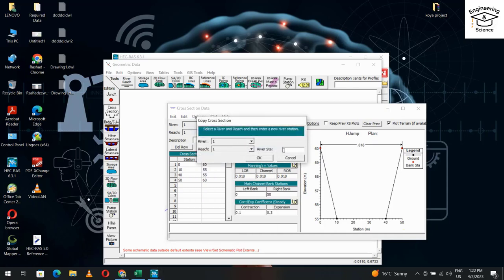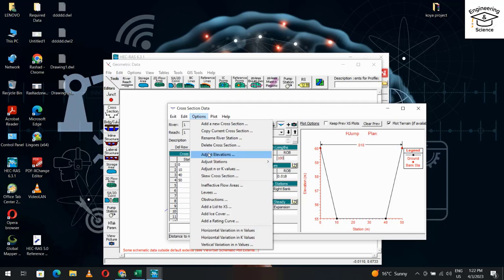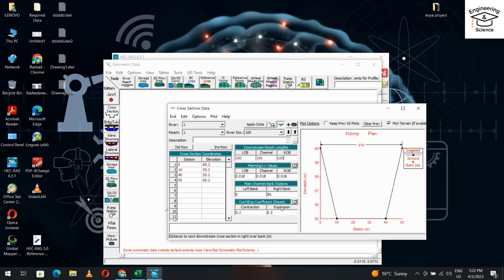copy current cross section, let the next station be 100 meter. Okay. 100, 100, 100, and we add some elevation, adjust elevation, let it be 0.2. Okay. Apply data,